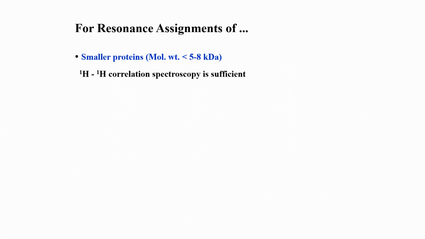So, now let us see when do we need labeling and when we do not need isotope labeling, in terms of size. Of course, for every 3D NMR we definitely need labeling, but if you look at smaller proteins, which have roughly 5 to 8 kilodalton, you can see here the number of amino acids. If it is a 5 kilodalton protein, it is roughly about 40-45 amino acids. So, if you have a small protein which is almost like a peptide, you do not need labeling, you do not need carbon 13 or N15 3D NMR experiments. You can simply get the structure solved by only proton-proton correlation, that is 2D NOESY, 2D TOCSY, etc.